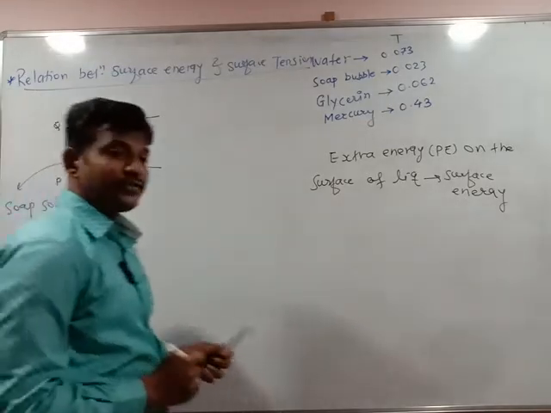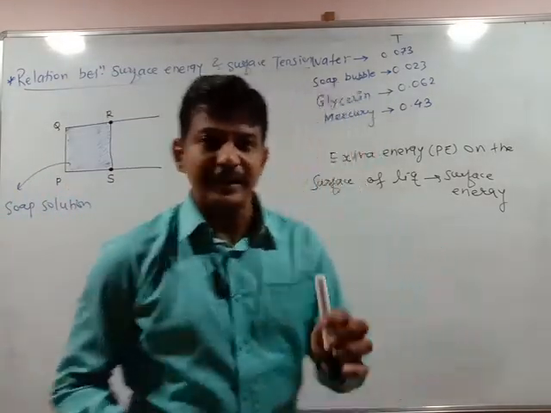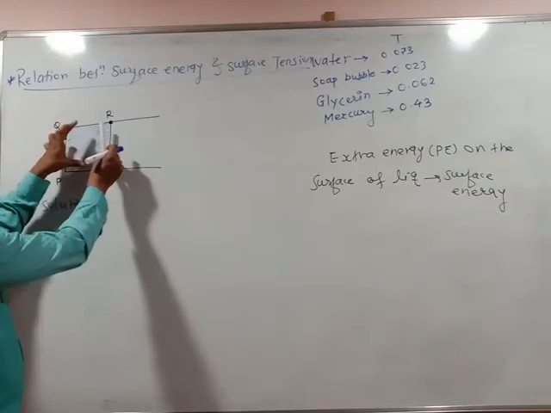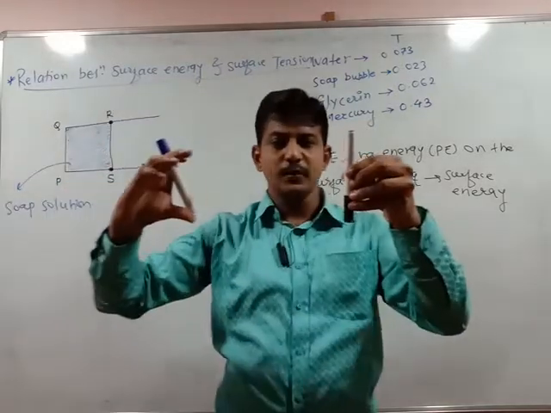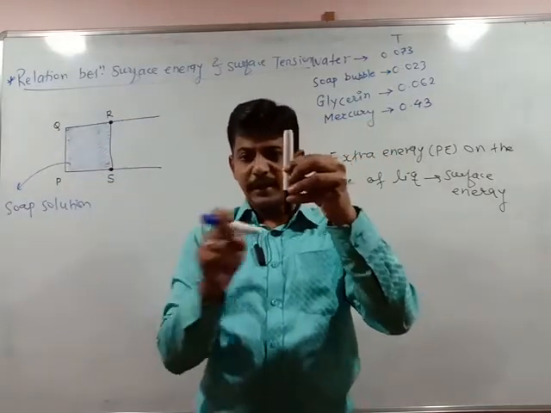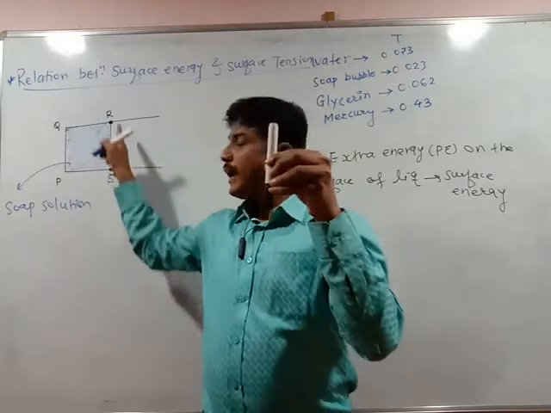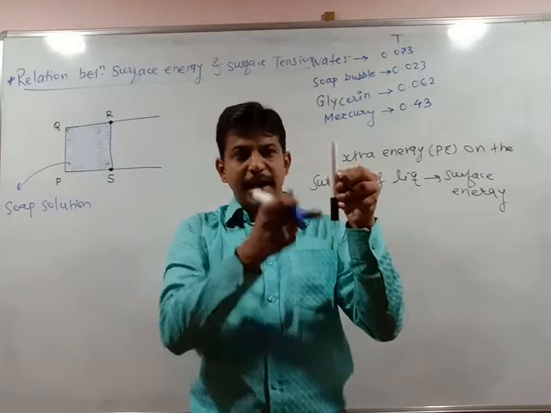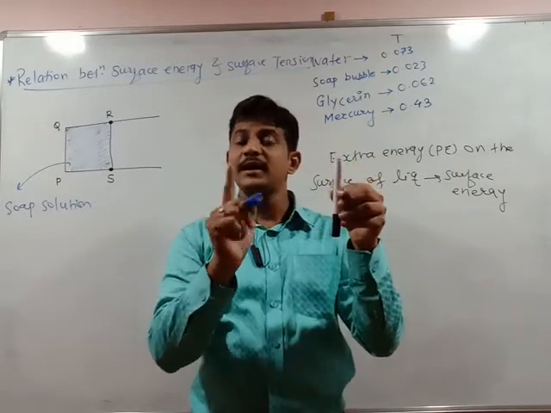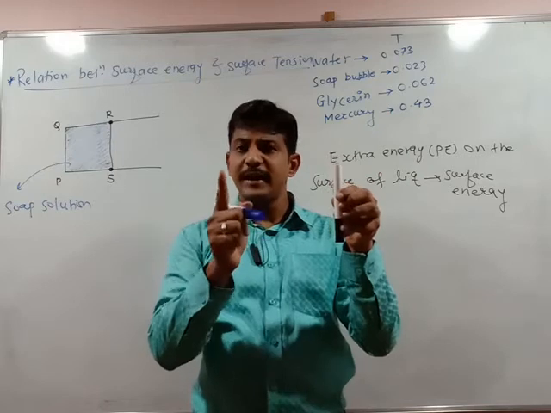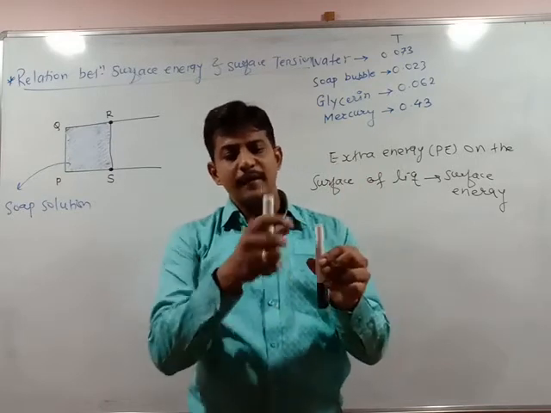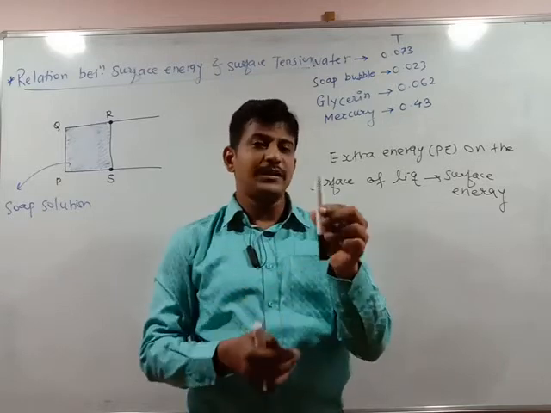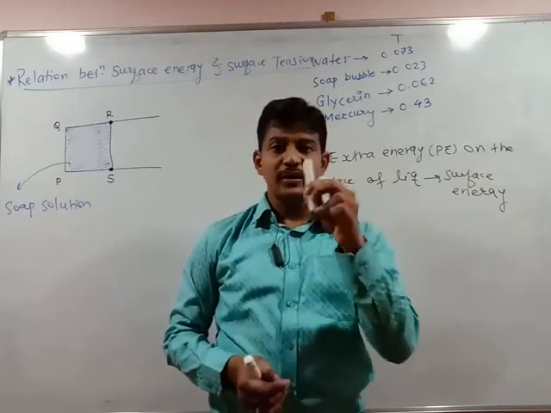Yesterday we had a discussion about force acting per unit length, where the length is like this. The film is connected with the soap solution. This is the film connected to the side RS. So there are two surfaces for the soap solution, upper surface and lower surface, because the solution has a total thickness of the order of 10 raised to minus 9 meter. If this is the side QR, this is the upper or front surface, and this is the lower surface. So that soap layer has two surfaces.